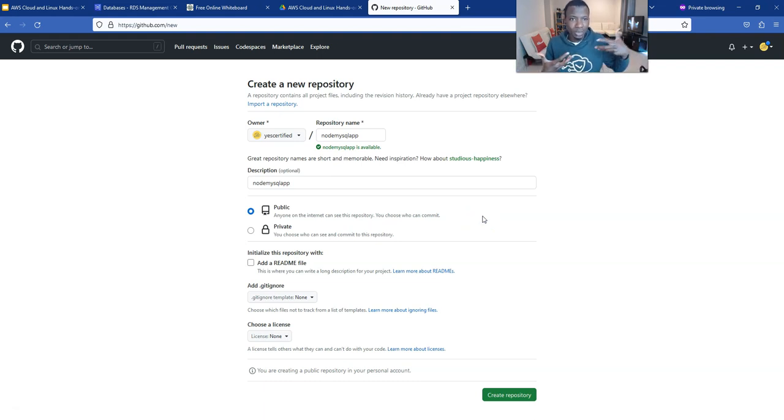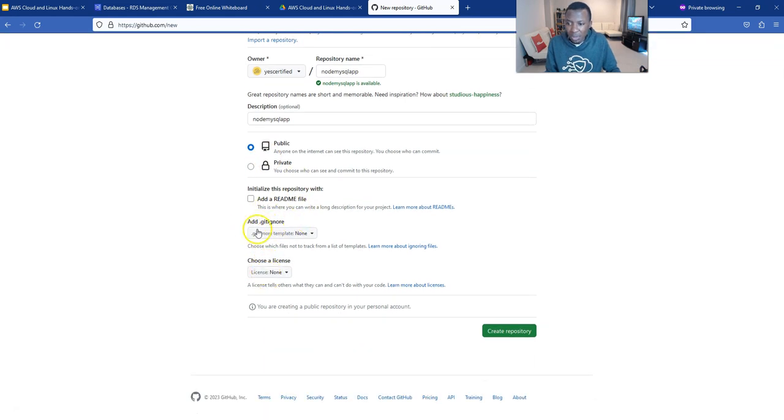So anybody can try to add new features to it and update it and all that. And then this is probably what, if you're within a company, you probably keep private, right? Outsiders should not be able to see this code. Think of it as IP, intellectual property. So in most cases, you probably have it private, unless you have an application that you're building that you want the whole world to be able to use freely. So we're going to keep public in our case, and then we're not going to do any of this add readme